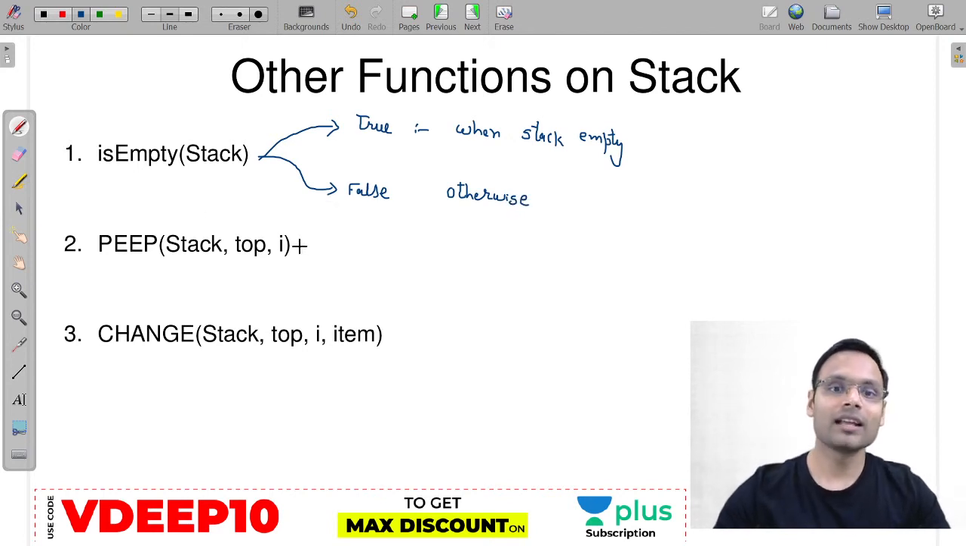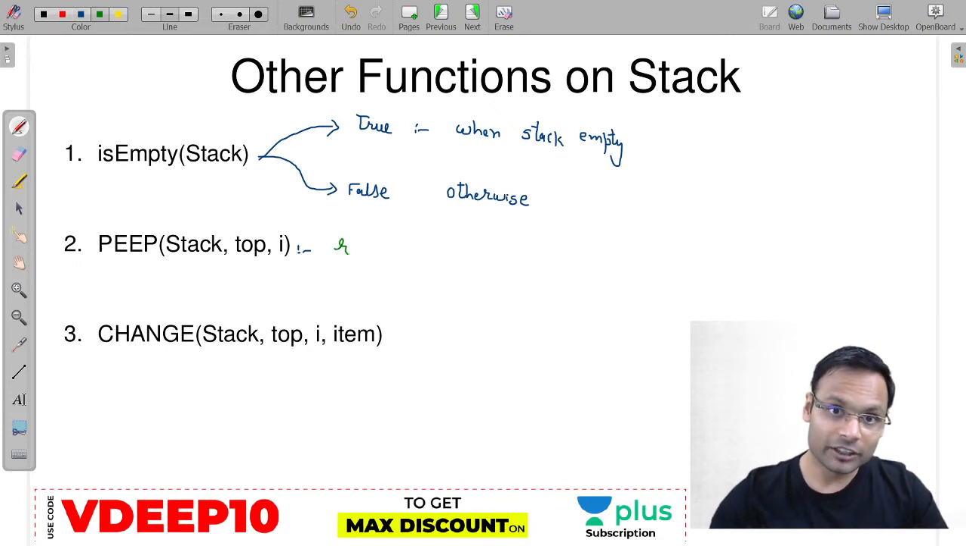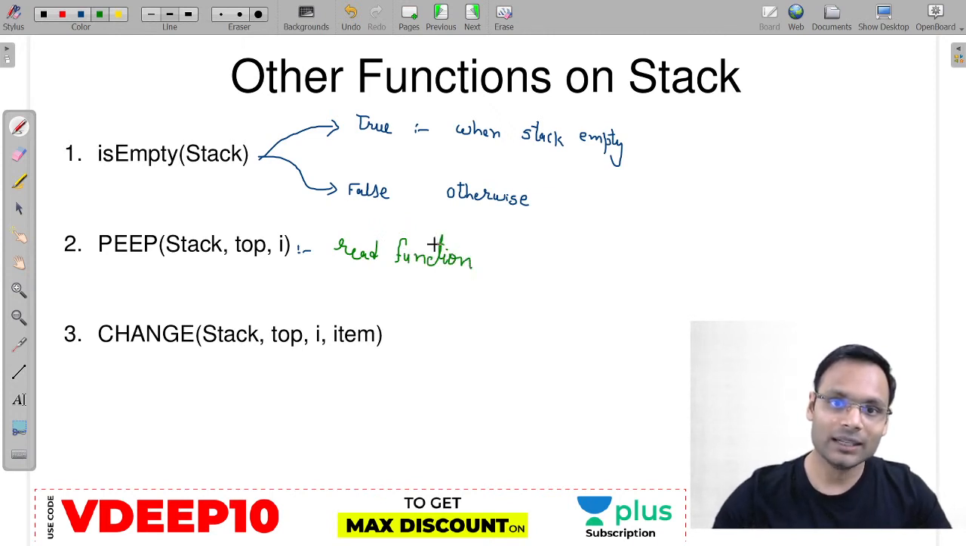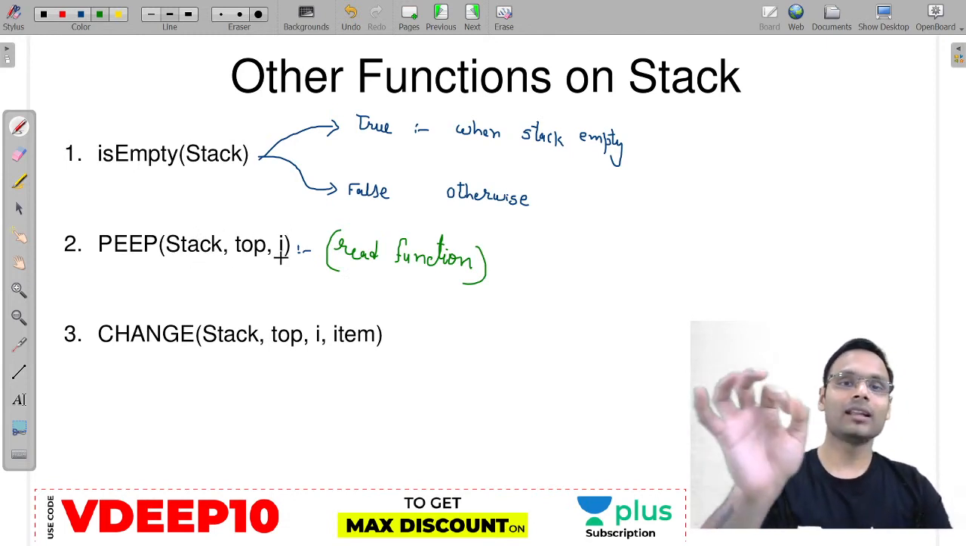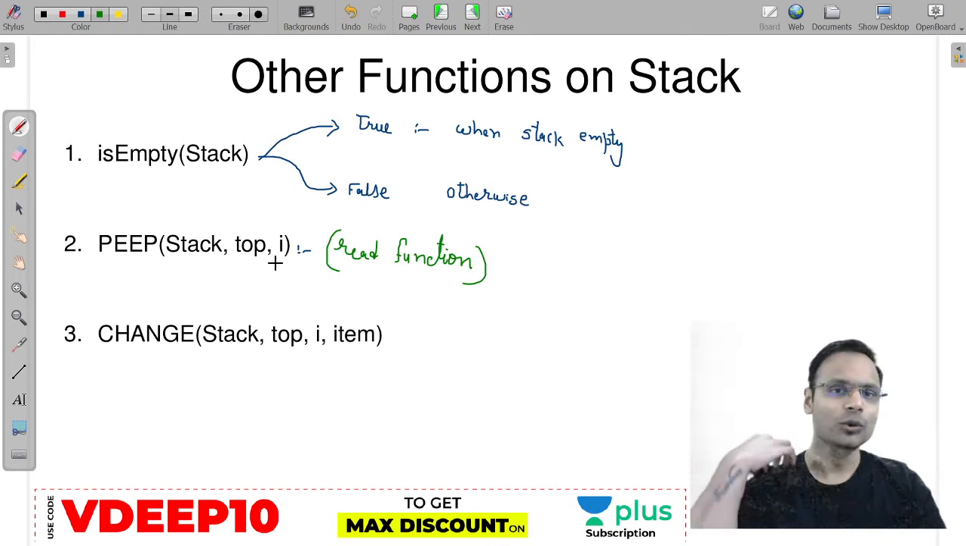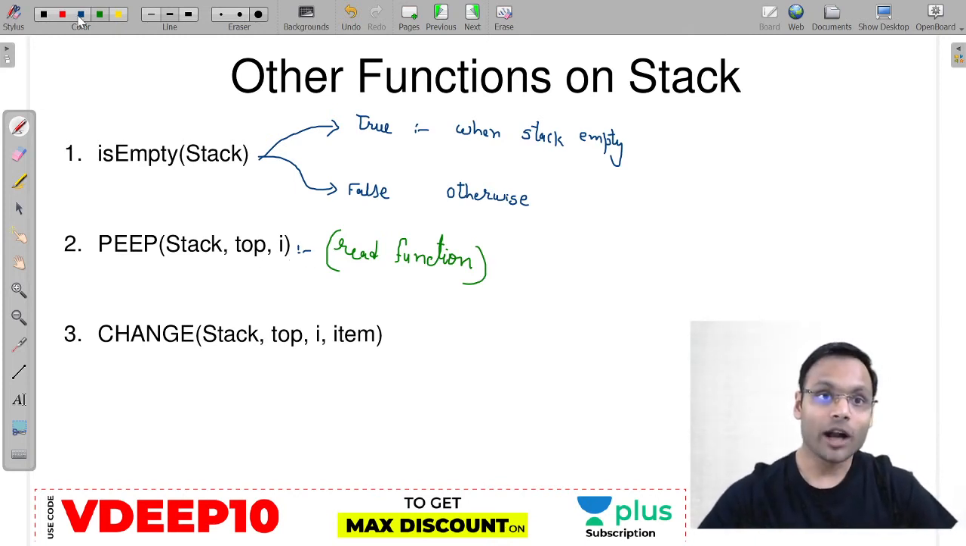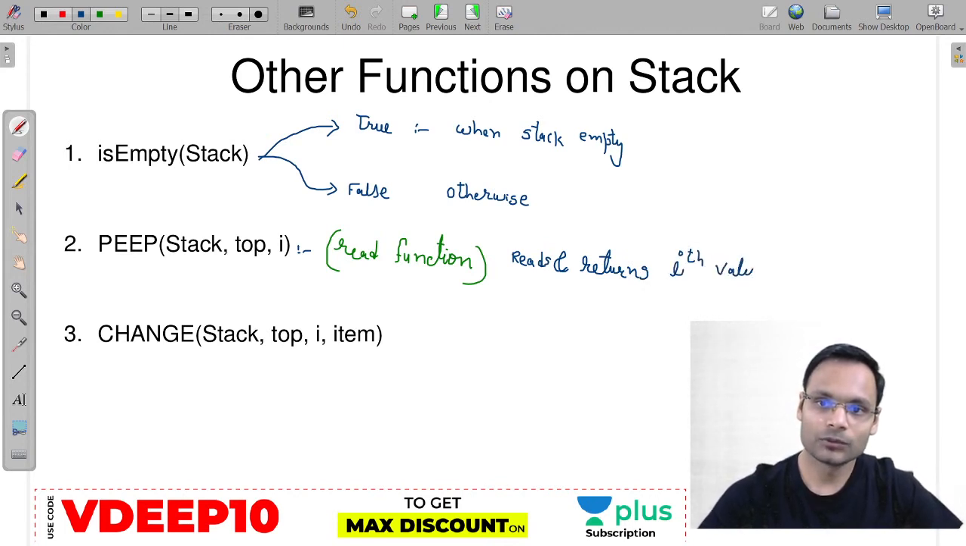ठीक है. Now another function is the peep function. The function is actually a read function. ये देखिए. First of all, let's try to understand what the input given is. Stack is given, top is given, and then one index I is given. Now one value, an integer value I, is given. What you need to do is read and return. The function reads and returns the ith value from